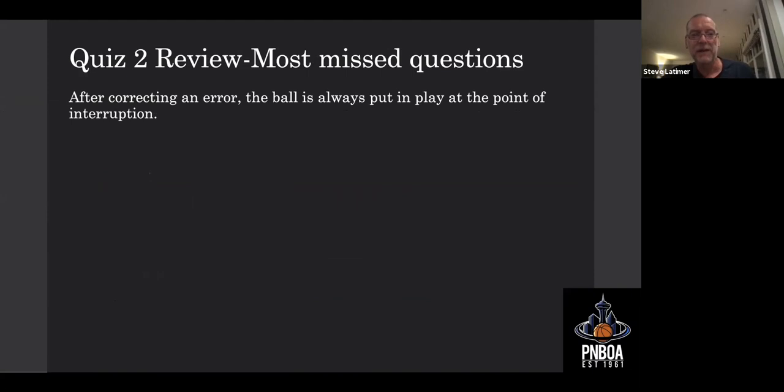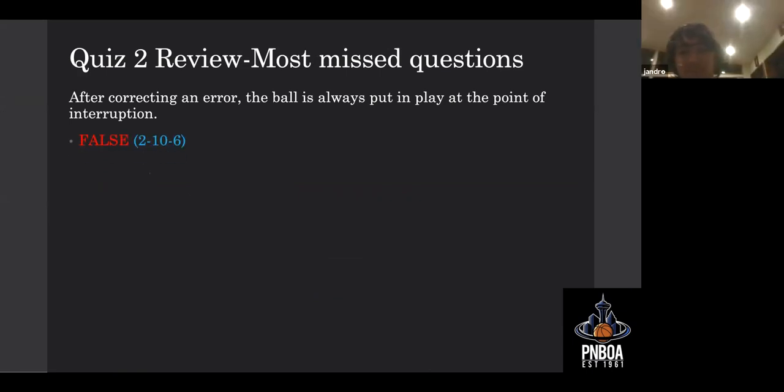Official nullifies A2's. Last couple here. So after correcting an error, the ball is always put into play at the point of interruption. So there's an exception to this, right? The answer is no, it's false. So if the error was corrected and in that last scenario, instead of giving A1 free throws, A took the ball out of bounds and they're dribbling along and the horn goes off right there,